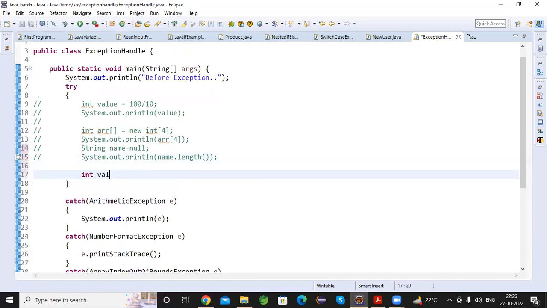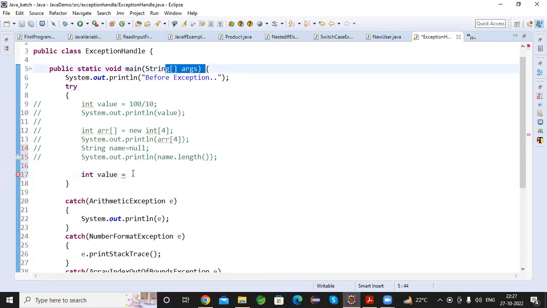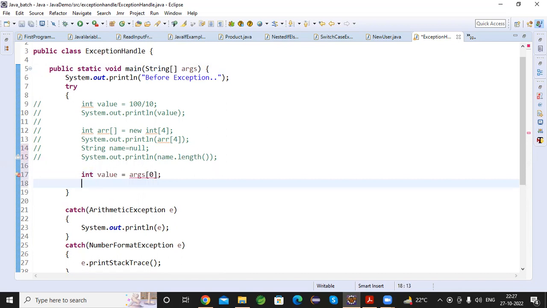Integer value, integer. I'm going to use this array to pass some command line arguments. That will say arguments of 0, integer. This is value 1, value 2. So arguments of